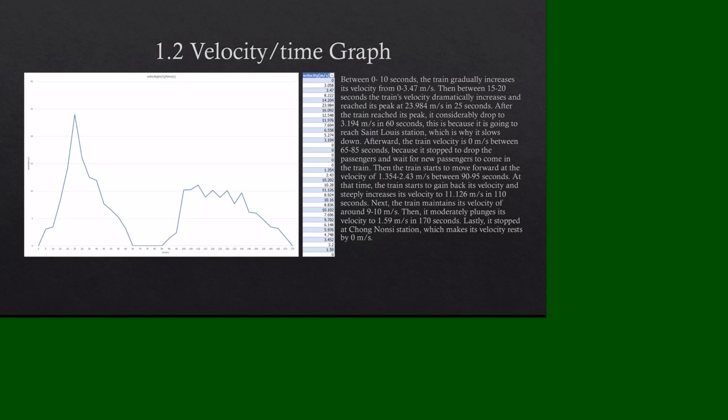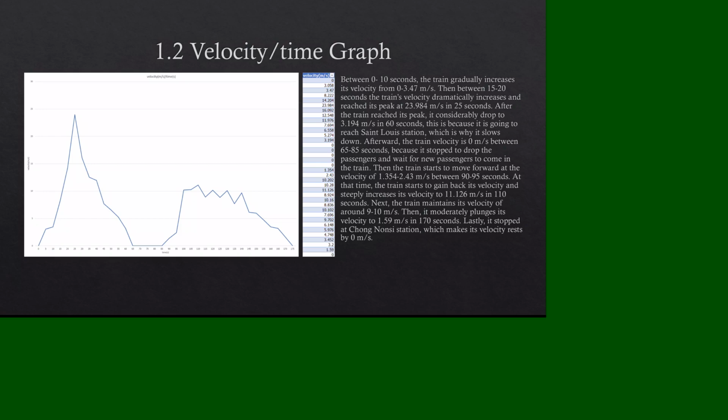This is because it's going to reach St. Louis Station, which is why it slows down. Afterwards, the train velocity is 0 meters per second between 65 to 85 seconds because it stopped. Then the train starts to move forward at the velocity of 1.35 to 2.4 meters per second between 90 to